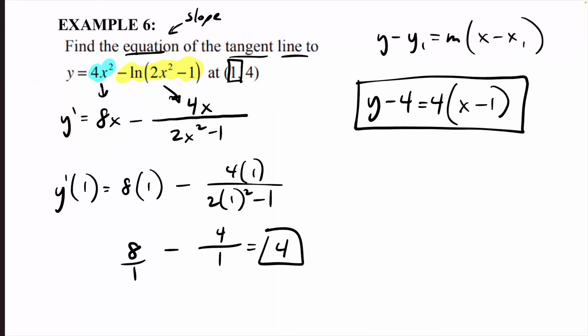This is the type of question you're more likely to see on a free response. Free response is the questions where they ask you to find the equation of the line, or find the slope, or stuff like that. That's usually where free response questions go. If they just said find the derivative of something, that's more of a multiple choice question. That's how to tell the difference between the two. Okay? All right. Okay, so